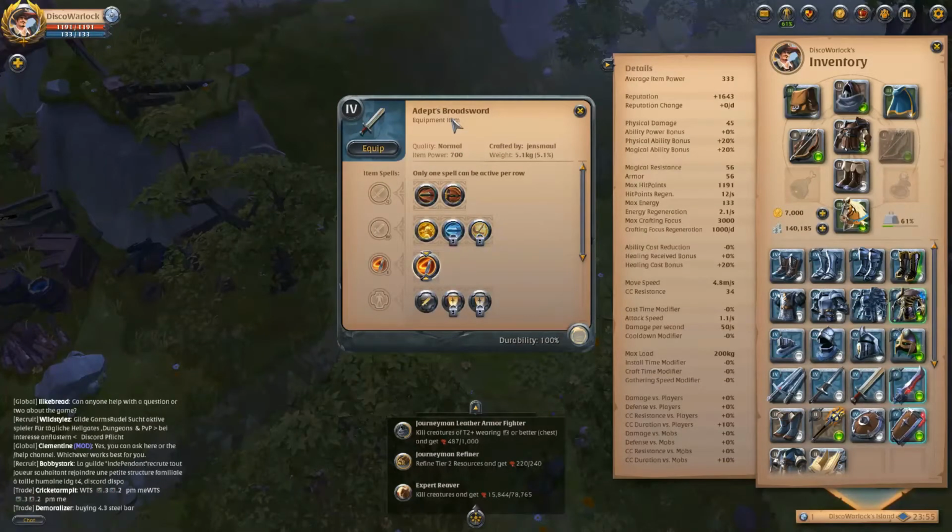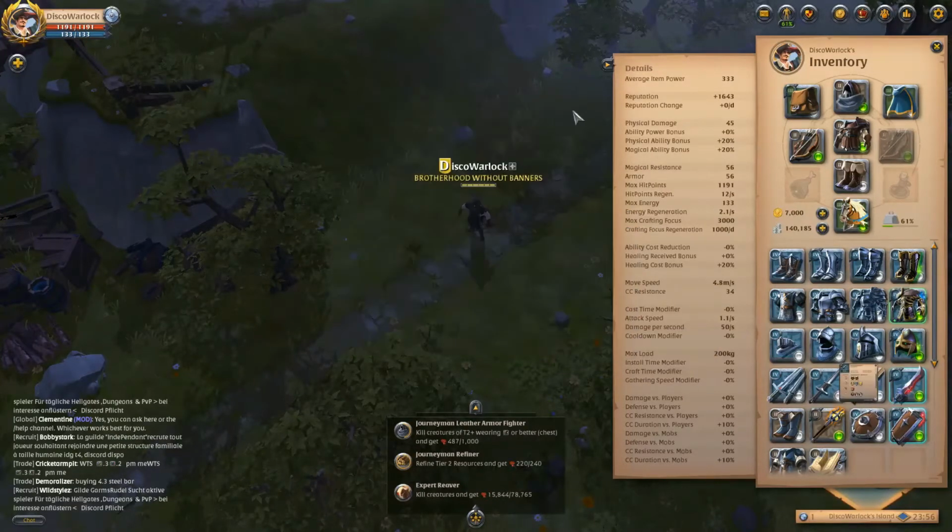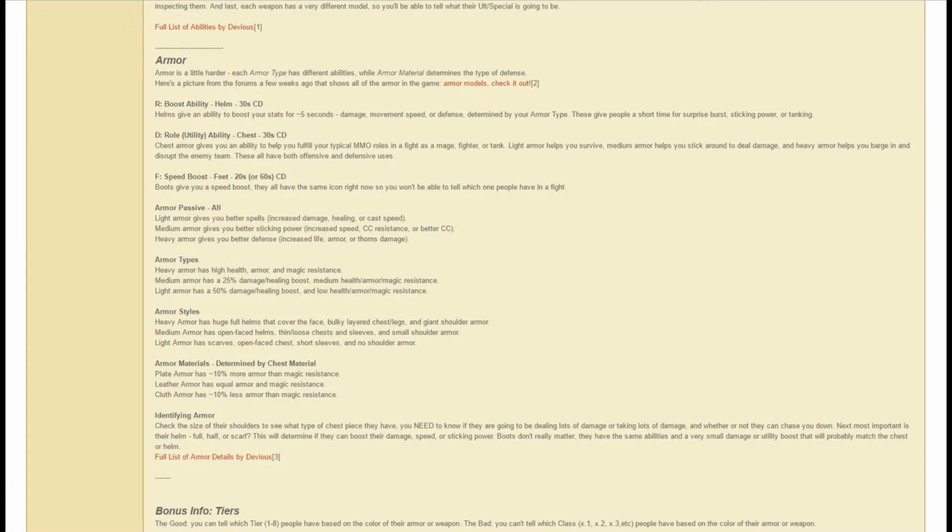while this quality is normal. This is what I thought by the tiers, like 4.1, 4.2, 4.3, 4.4 kind of thing. I'm going to have to do a little bit more research regarding the armor thing, because judging from the screenshot that I'm showing you guys right now, you get your abilities, you get the armor types, armor styles, things like that, but it's just identifying the armor. And judging from what he says, you just check the size of the shoulders, see what chest piece they have. You need to know if they're going to be dealing lots of damage or taking lots of damage, whether or not they can chase you down. It's the helmet, scarf, things like that. The only thing that I still kind of struggle with is that the bonus info on the tiers, you can't tell which class. He says the class, but...